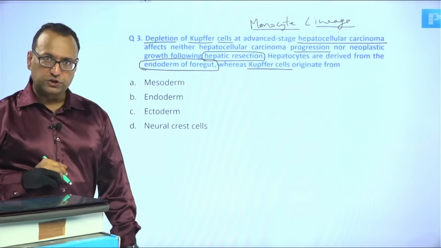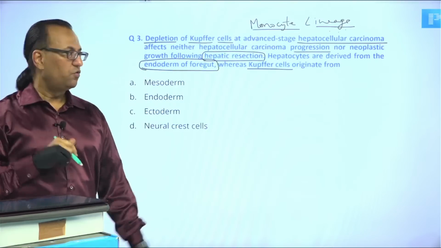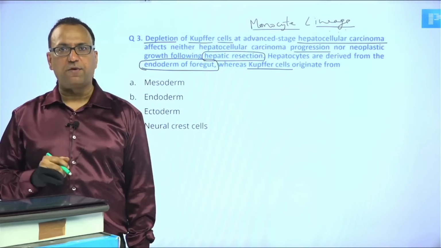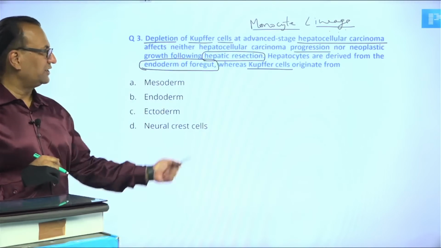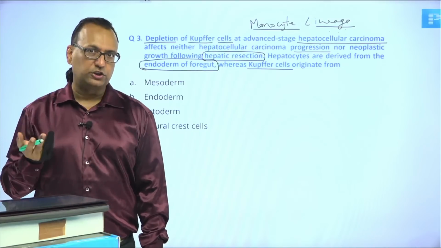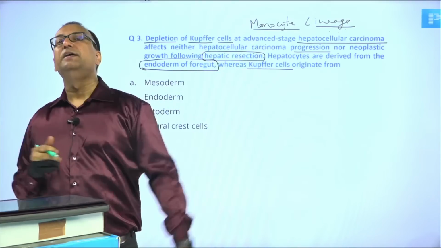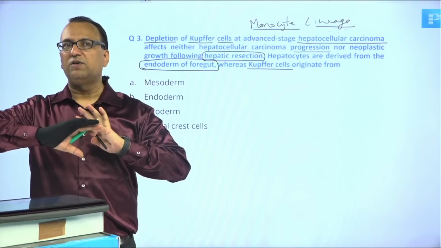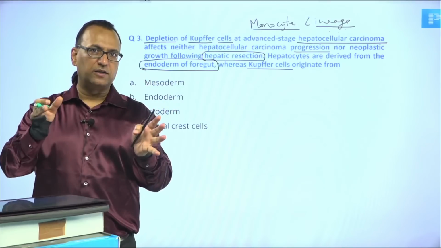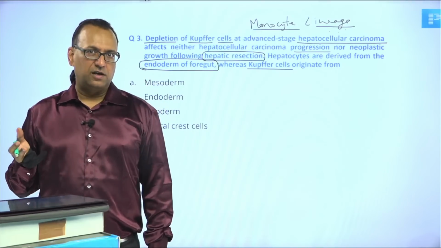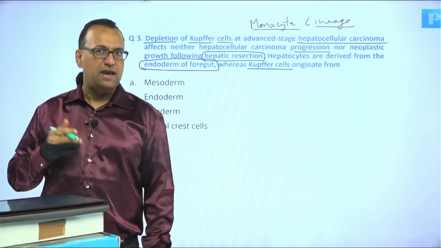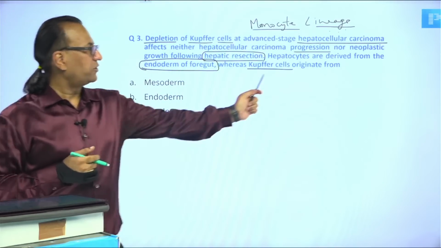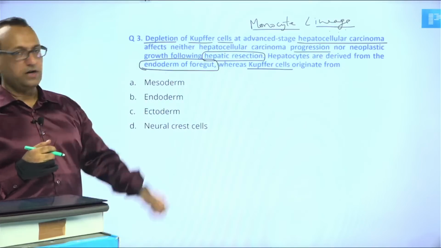Whenever you find a long question, always start with the last sentence of the question. It might help you sometime to read the answer quickly. So whenever you get a long question, this is not a very long question, but in long questions, which are clinical based questions, sometimes a lot of information is given just to spend time of the student unnecessarily. Means you may get the answer very quickly if you could read the last sentence and the options. Like in here, hepatocytes are derived from endoderm of foregut, where